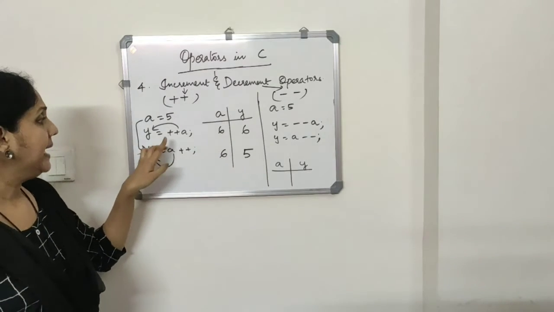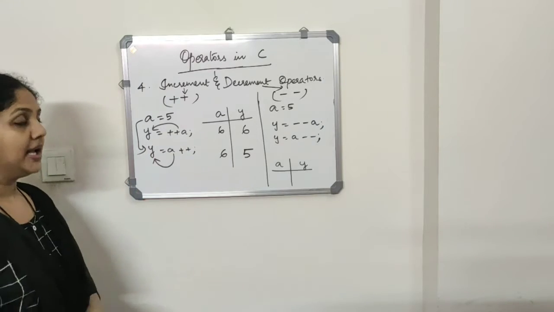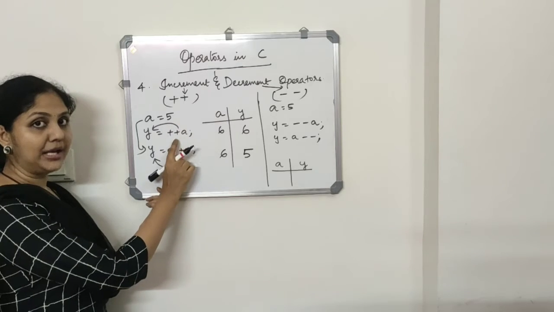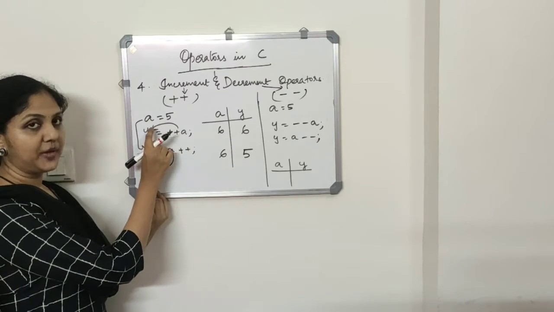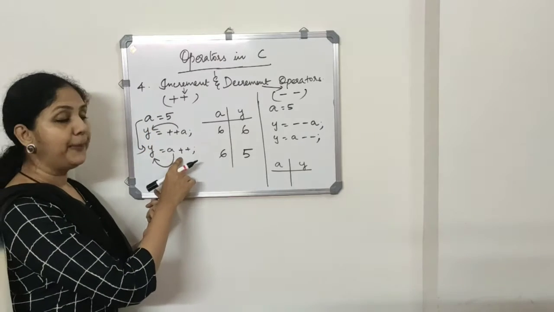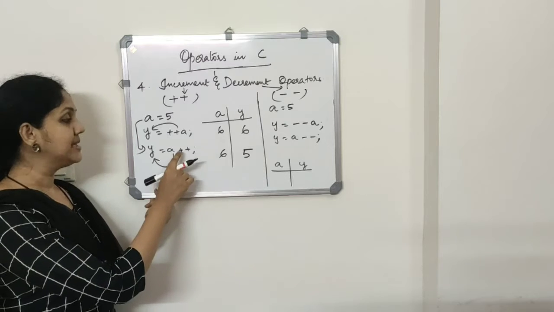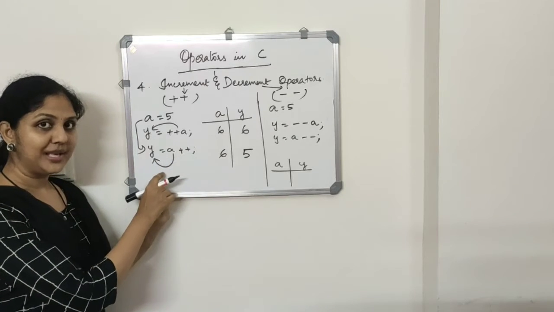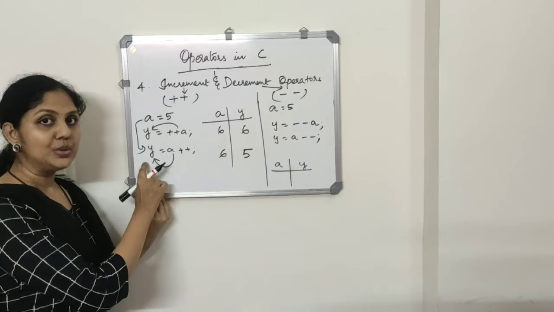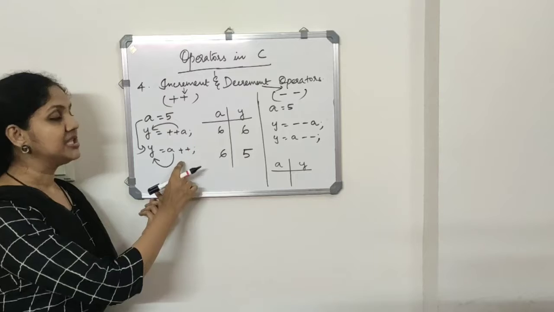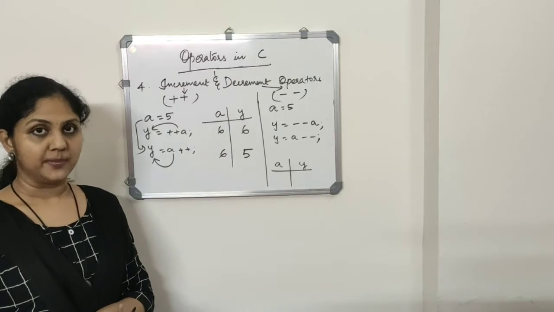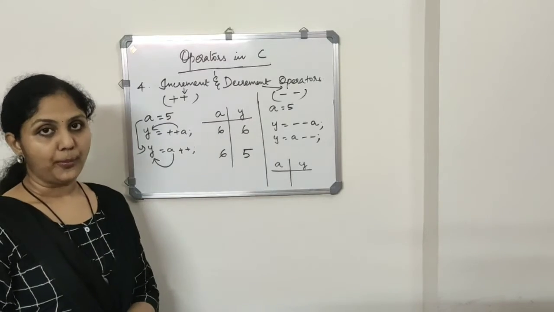What I am doing here, in the case of pre-increment operator, it will first change the value of a and then use. Okay, change and use and then assigns to y. In the case of a post-increment operator, what happens? First it will assign the value to y and then change the value. Okay, use and change. That is the difference between a pre and post increment operator when we use along with an expression. Same happens with the decrement operator too.